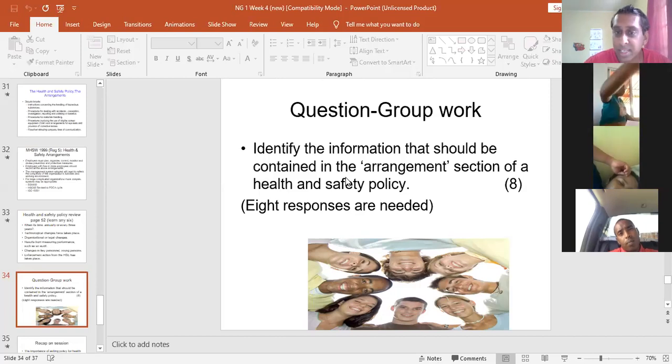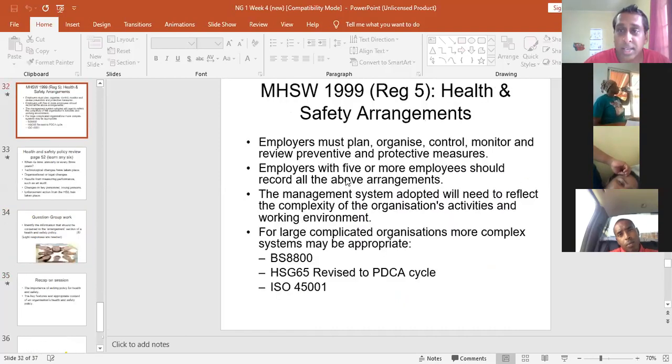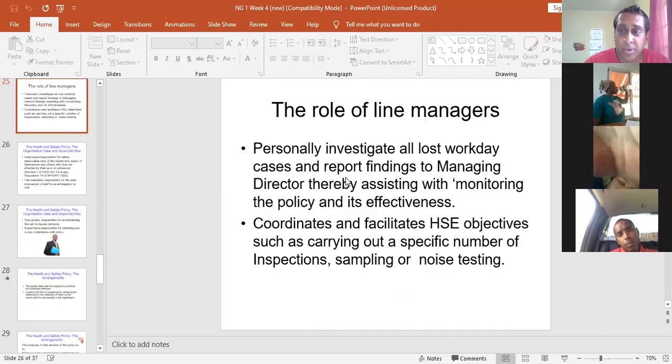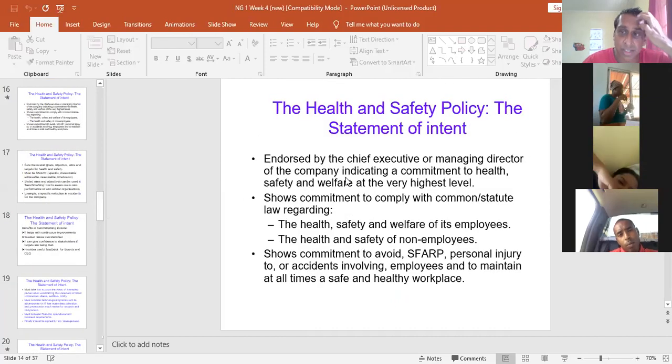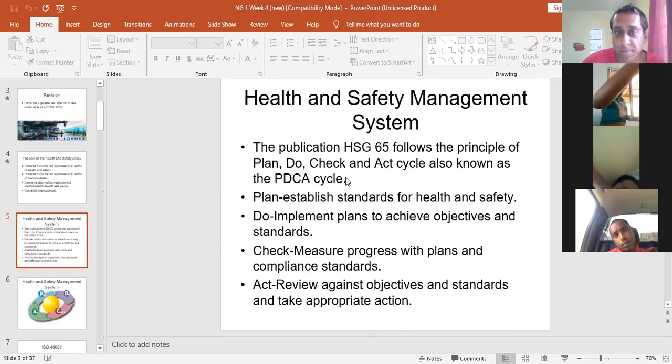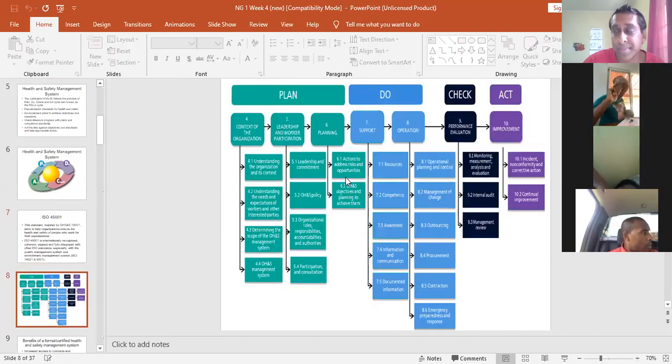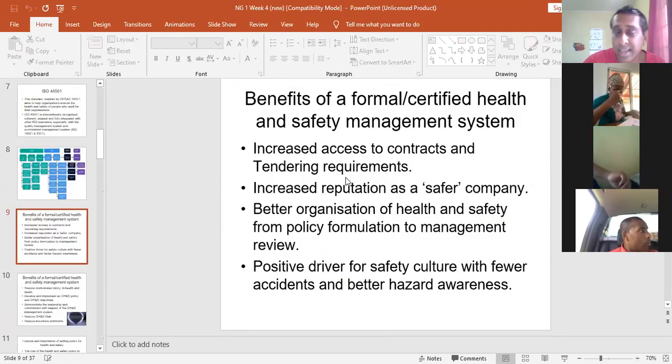So if you have any questions, because the lesson is actually completed, the most I can do is just do a quick review. The first piece of element 2 spoke about management systems. The main management system being the ISO 45001 model. And they normally ask, like, what is the purpose or what is the benefit of getting a management system? It is right on this slide. The benefit is that it will lead to better access to tenders. It's good for the company reputation. It could make a safer workplace, improve the company's culture and stuff, right?